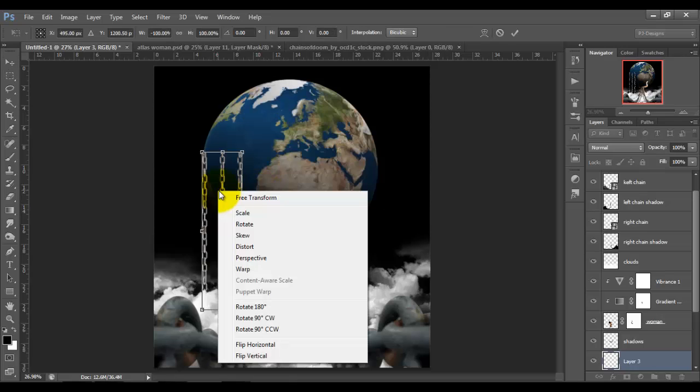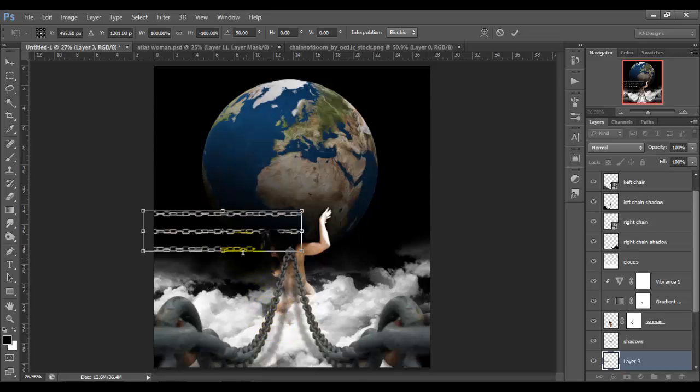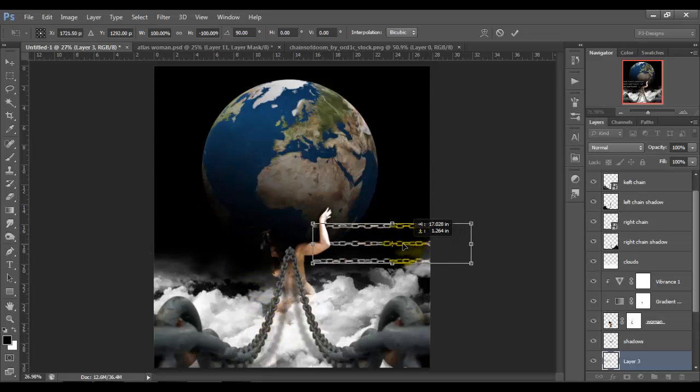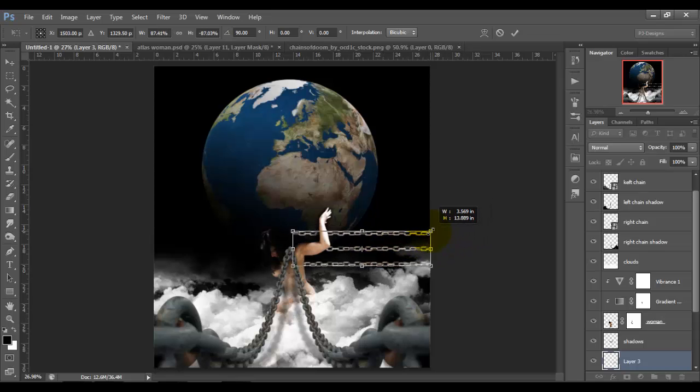No, rotate 90%, put it something like that, make it smaller, and choose the wrap,